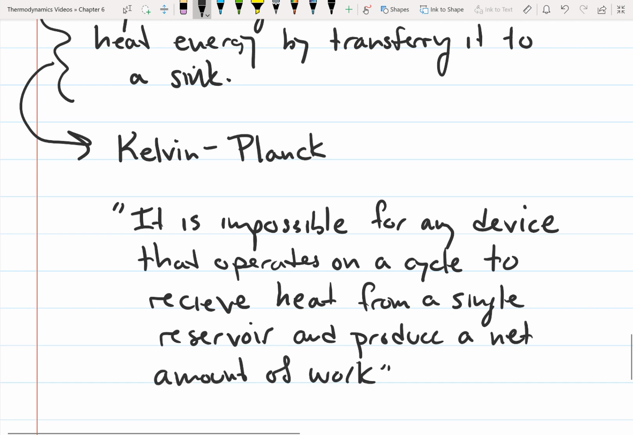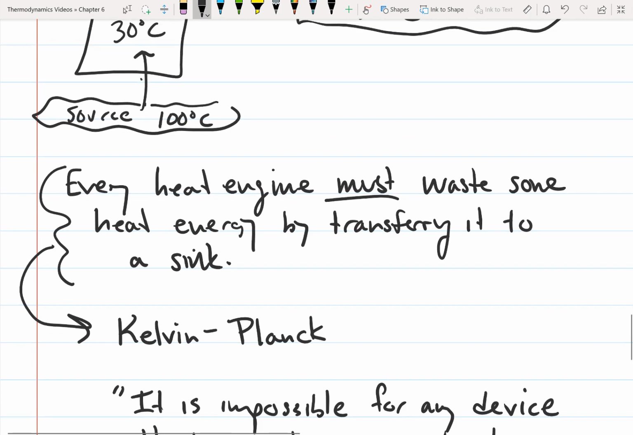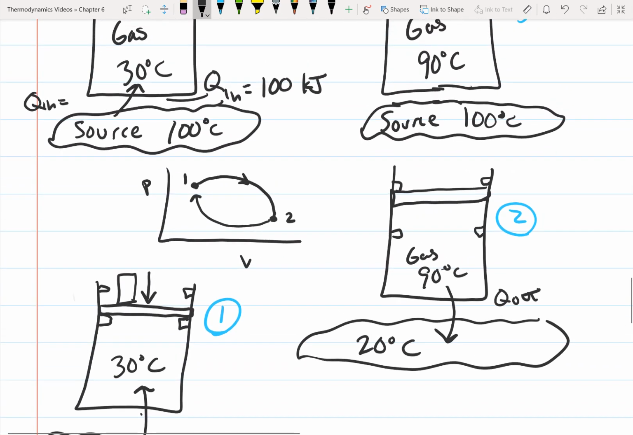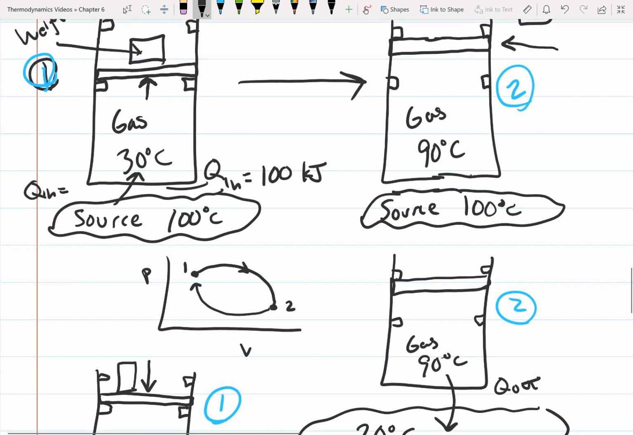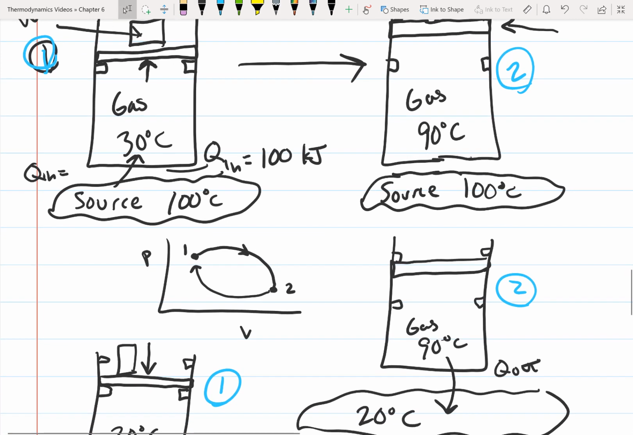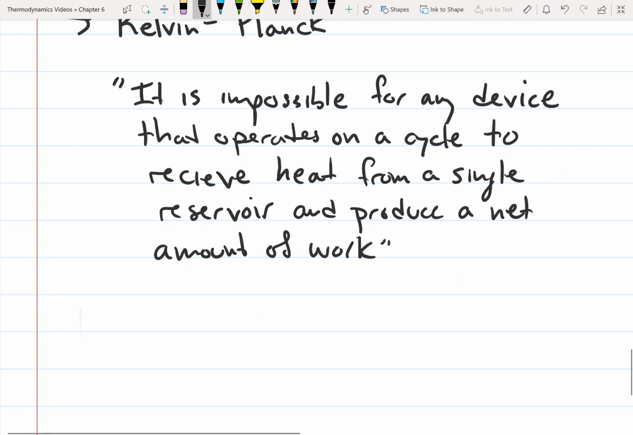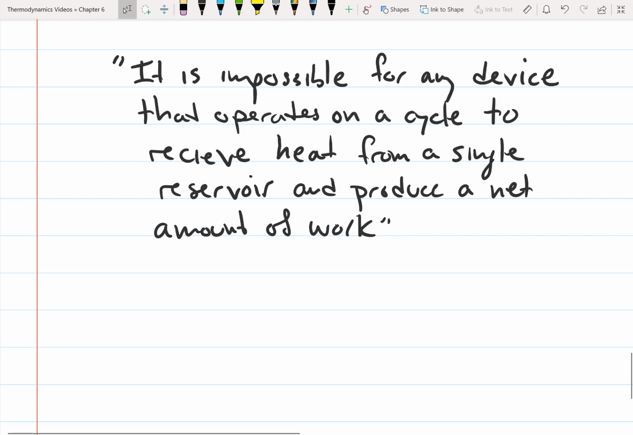So basically, in our power plant example, we have to have the condenser. Our cycle isn't going to work without the condenser. And in this simple example with the gas cylinder, we saw that without the sink, we can't return the gas back to its initial state and complete the cycle. So this heat sink, or the heat rejection, is required,